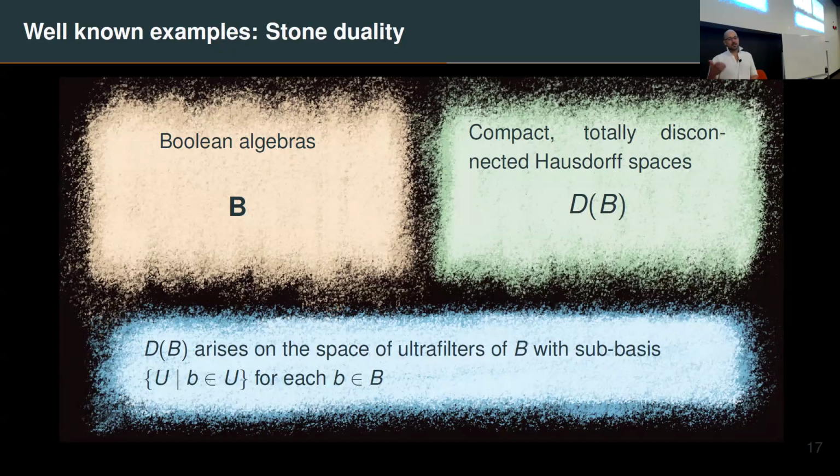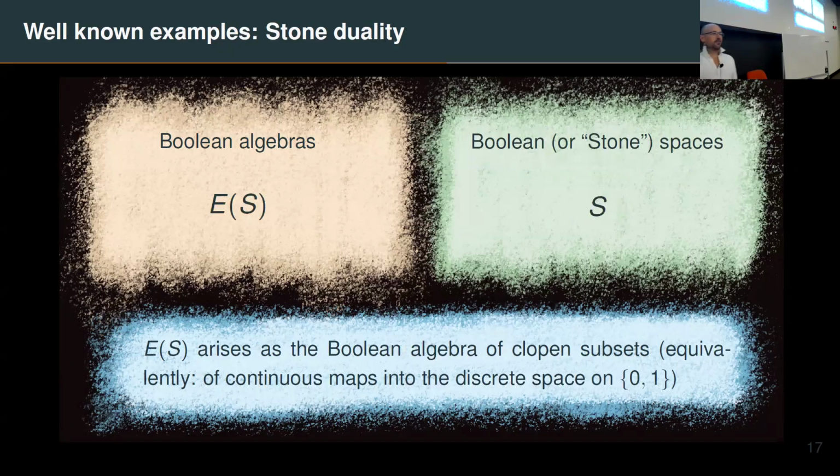So another way to think about this, and it's the more traditional way, is you take all ultrafilters, maximal filters of the Boolean algebra, and you define a topology with this subbasis. So for each point in the Boolean algebra, you look at all ultrafilters that contain it. And that defines a basis for a topology, and that's the dual space. So this is different to the previous two because the things on the dual space are different to the things we had on the first side. It's not just that they're topological, they're not Boolean algebras, they're just sets.